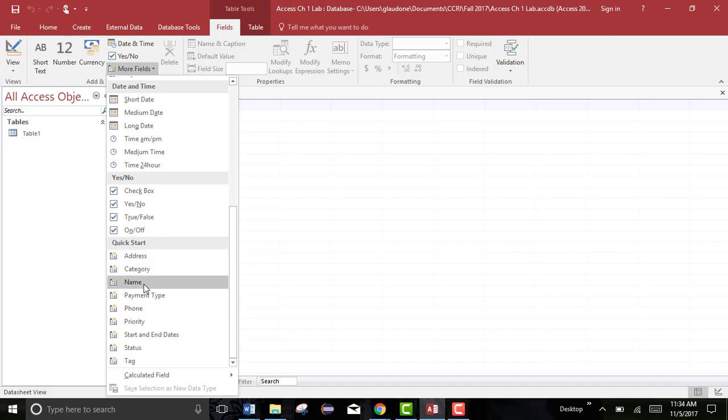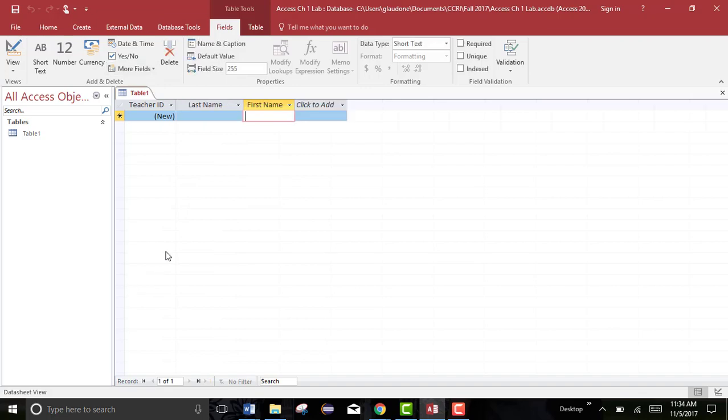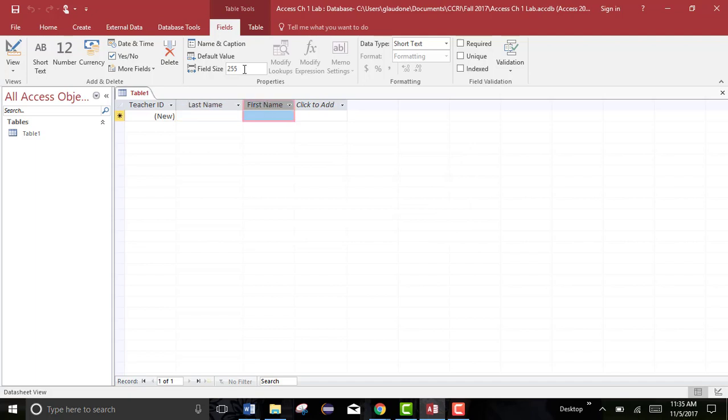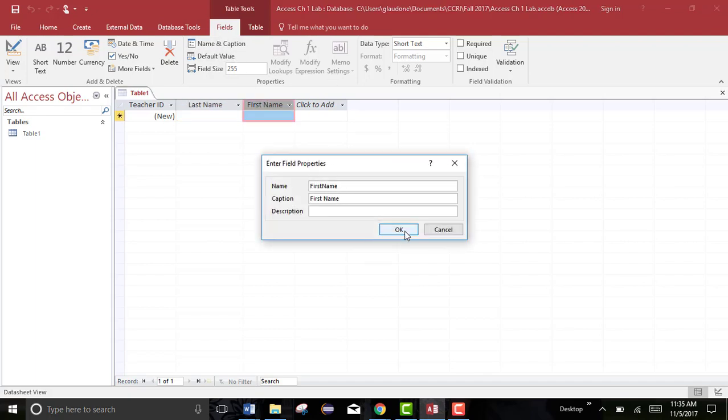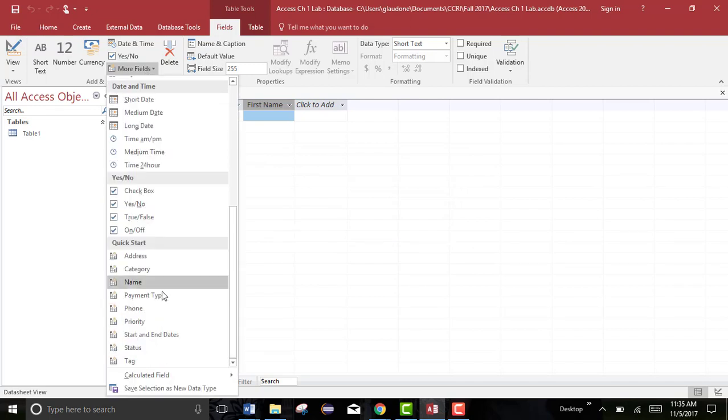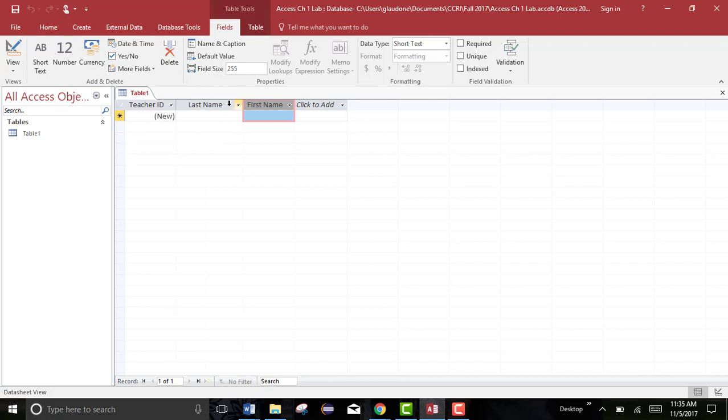because it recognizes that's something that you want to do fairly often. So watch, I'm going to pick the name field. I went to fields, I went to more fields, and I'm coming down here to name. When I do that, it added 2 fields, last name and first name. You can see that it's showing the caption here. If I go up to name and caption, you can see it made the field name last name and it made the caption last space name. The same thing for the first name field. If I look at name and caption, same thing here. So by going to more fields and picking these quick start fields, it basically saved me from having to